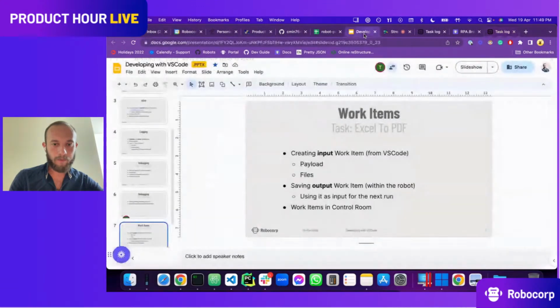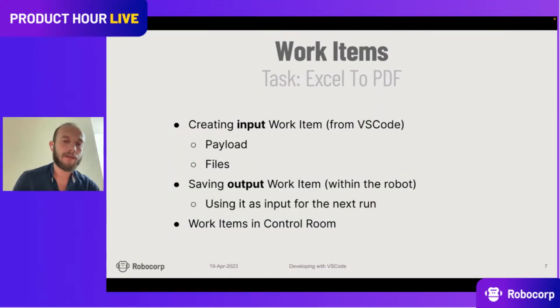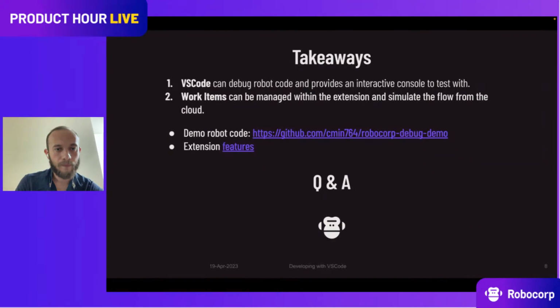So this is what our work items are meant for: to have a way of inputting data and creating outputs that might be input for other processes or other tasks in your own process as steps. This way you can process a lot of things like that. And this is a convenient way of simulating what happens in control room, so you have an idea of how the bot will act and react during local development before testing it in production or in a test workspace in the cloud.